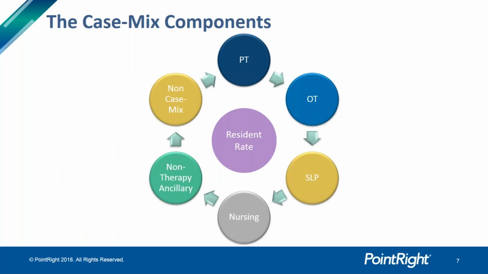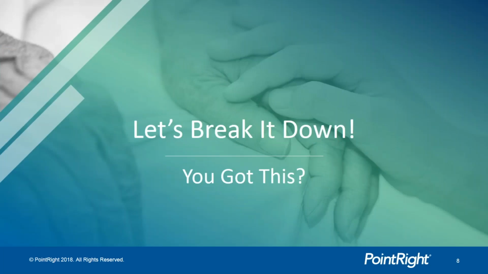And here is kind of the icon for the PDPM wave, as it were. The resident rate is determined by these other components, broken down into PT, OT, and speech. So the therapies are segregated. They are including nursing, non-therapy ancillaries, and non-case mix. And all these case mix components wind up getting added together with a little bit of other math, and they result in the resident rate of payment. So let's break this down,